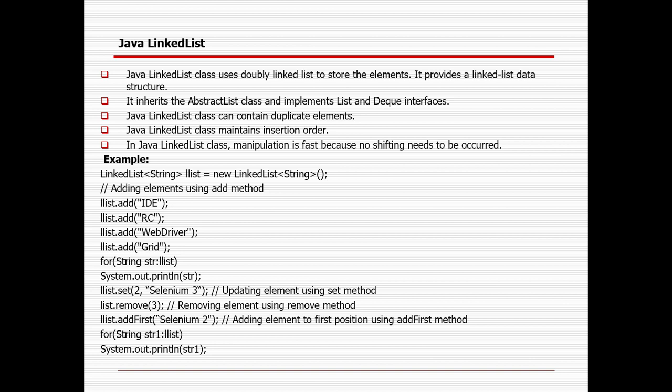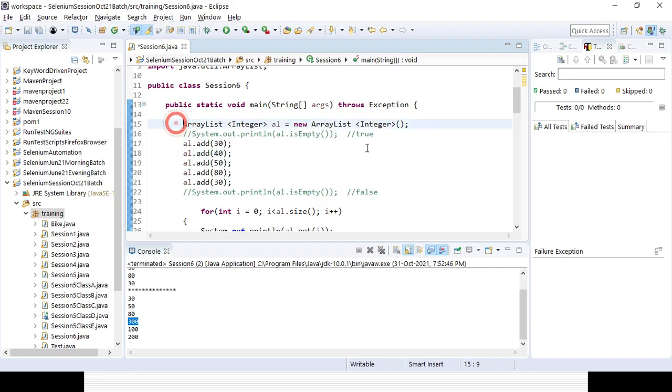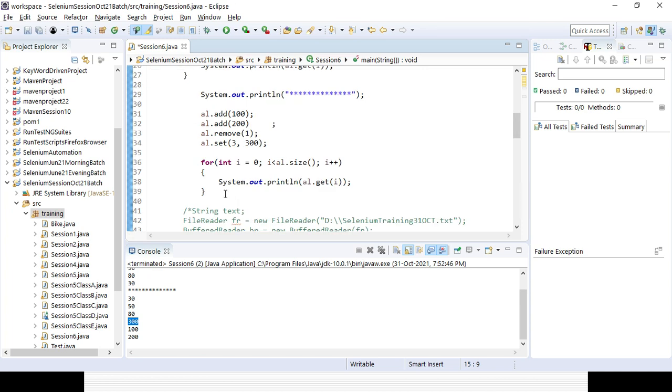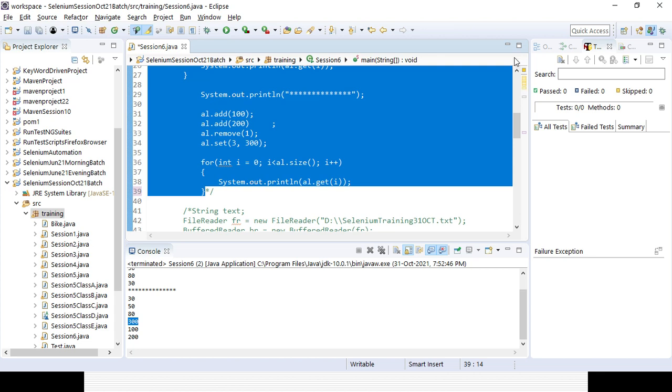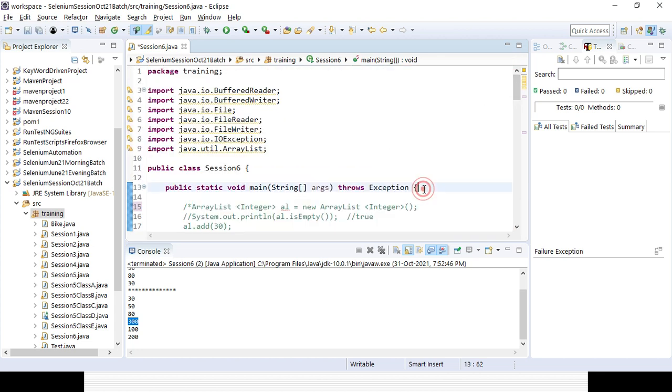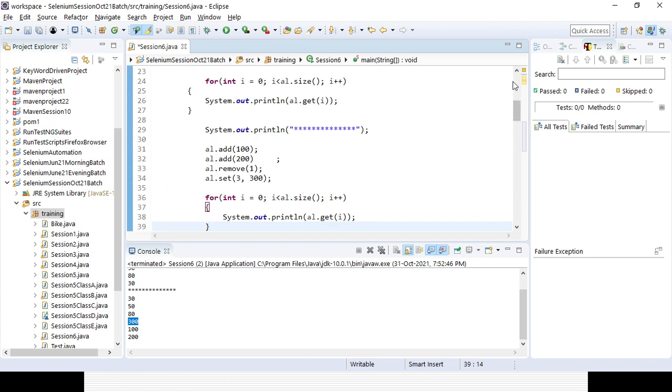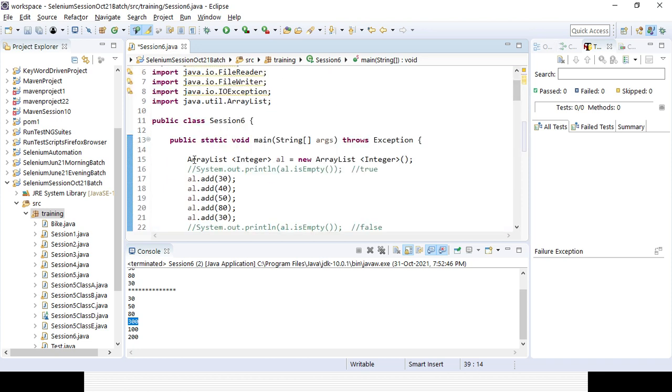Okay, let's try to create for the linked list. So here, instead of array list, I could say linked list. So integer, let's go for integer only, the other one I will consider as string. So we need to import the linked list.